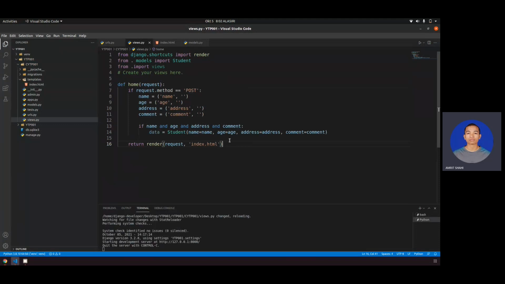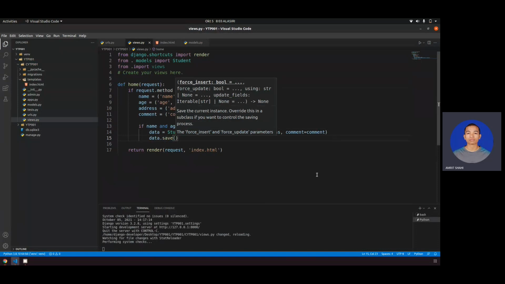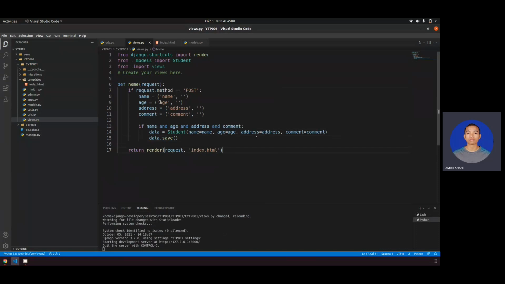Now what you do? So things are good. So go to data. Now what I want to do? I want to save the data. Save in the sense, okay, like this you can save. So that's the task we should do. So before that, what we're going to do is, we need a